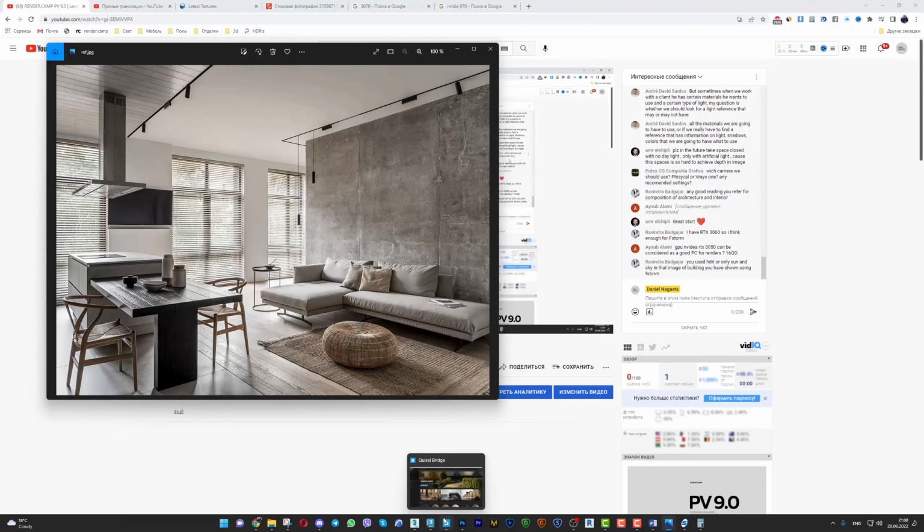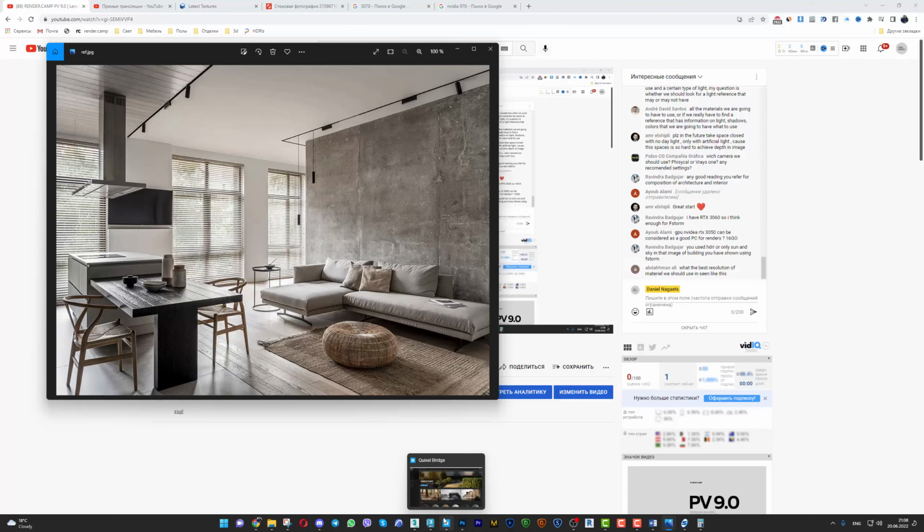You always will use wide angle. And of course, reference will help you to understand where exactly you should put the camera, what exactly you need to show with this camera, how you should build composition, where will be your main light, for example, because every time